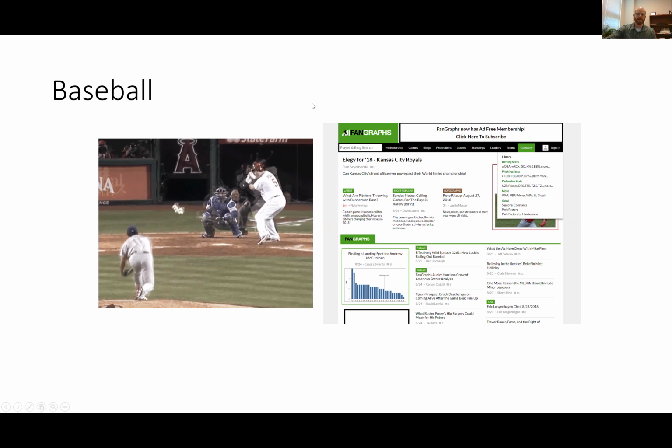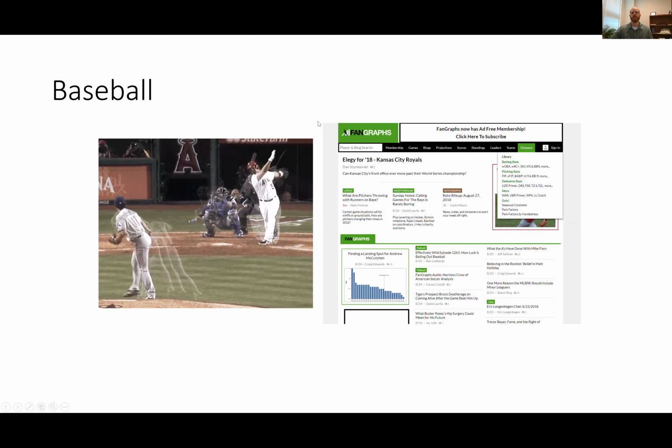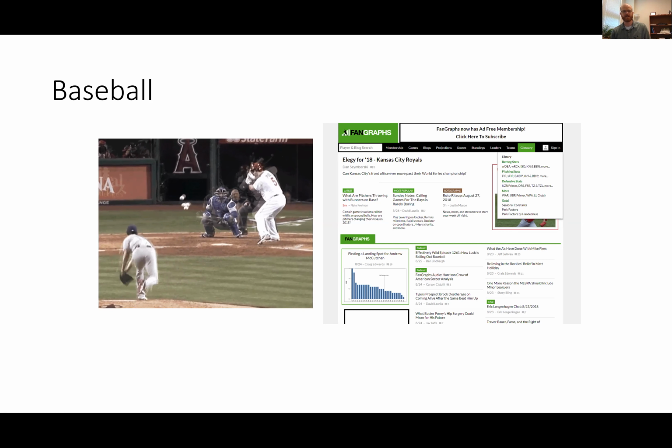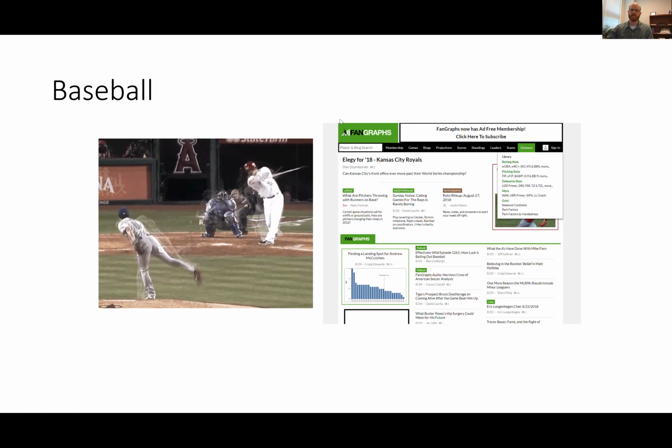And I mentioned about the data science and how data has completely changed baseball. And if you want to dive into that a little bit more, I'd really recommend going to Fangraphs. Fangraphs does an excellent job of collecting statistics, methods behind those statistics, the modeling, and have articles that just dive deep and get into the weeds of baseball and data science, and when those two really come together.